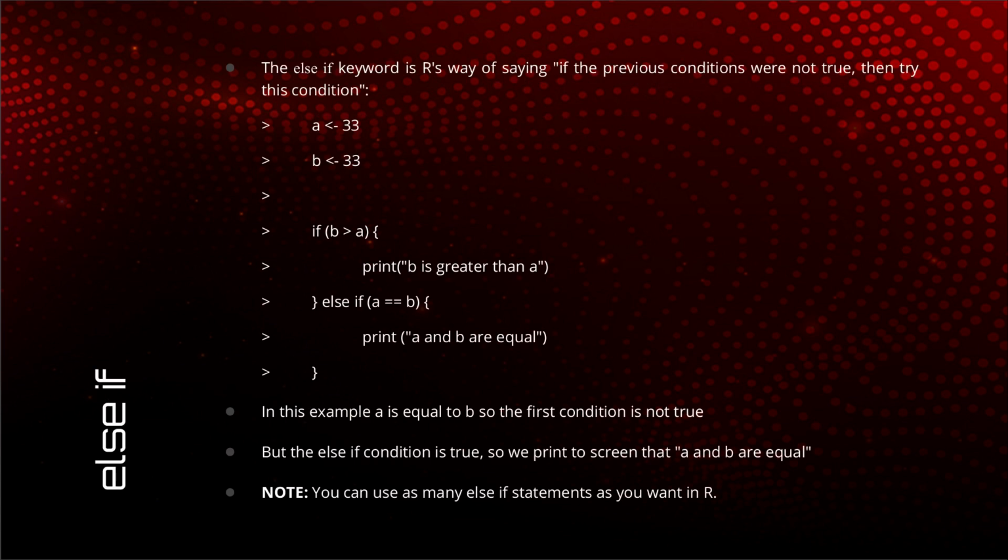Else if. In our previous example, we just checked whether B was greater than A. This leaves out two scenarios. A could also be equal to B, or B could be lesser than A. Now what if you wanted to do something if those two conditions were to be true? We can do that using the else if statement, and that is pretty similar to the if statement. You write the else if keyword followed by space, and within parenthesis you write the condition. And the thing to remember is that there can be any number of else if statements in your code. It's not only limited to one or two.